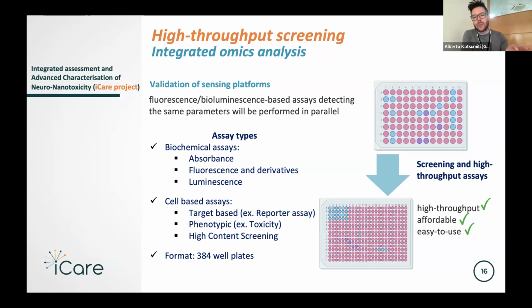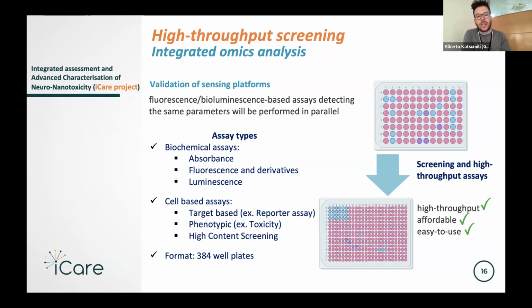So with all these developments, of course, we can't adapt some of the systems to these very, very small systems, because at the moment we don't have inserts for tiny wells such as 384 well plates. But as much as we can, we want to reduce and make the systems smaller and more high throughput. So, for example, in the assay developments, so for example the biochemical assays, we're basically